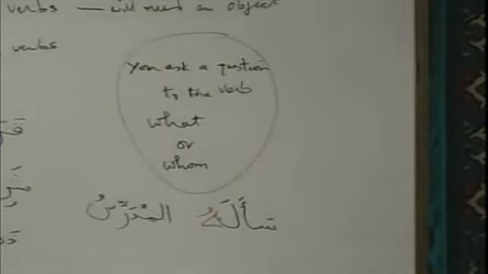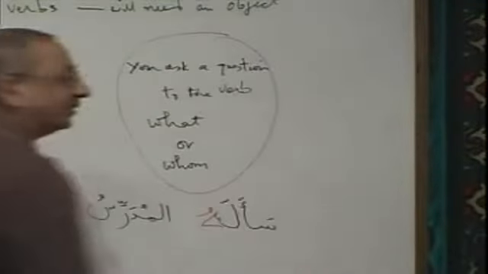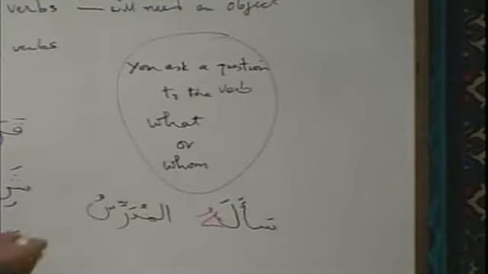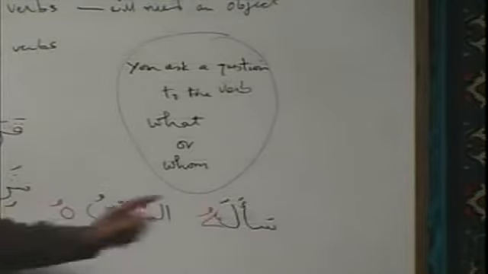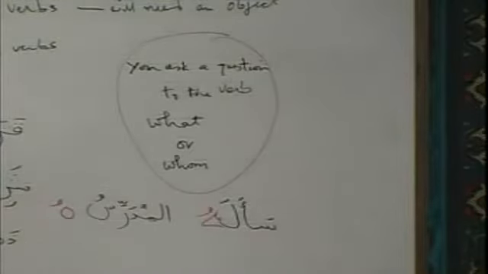Sa'ala. Wait, what is who doing here? Maf'ulun bihi mansubun. You cannot separate it. You cannot say Sa'ala al-mudarrisu who. No. This is an attached pronoun. Are you with me? I cannot say it like this separately. It cannot come separate. It has to be attached. Okay? And these are damirun